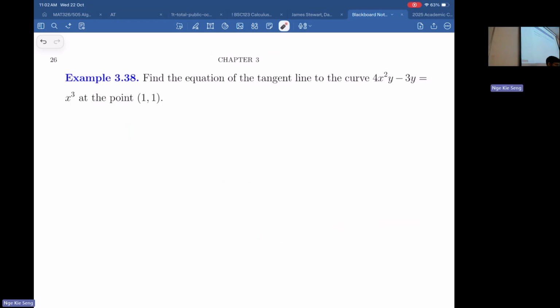Right, so if you look at this question here, find the equation of a tangent line to the curve x squared y minus xy equals 3x cubed at the point (1, 1). So what's the ingredient of a tangent line again? You need a point plus a gradient. You already have a point. Typically people tell you the point first because we are concerned with the tangent line at that point. Now you want to find dy/dx. But you see that this y is not explicitly in terms of x; it's implicit. So you should use implicit differentiation here.